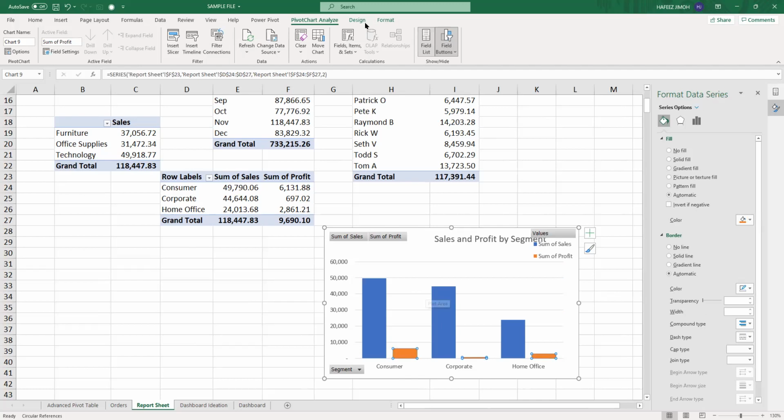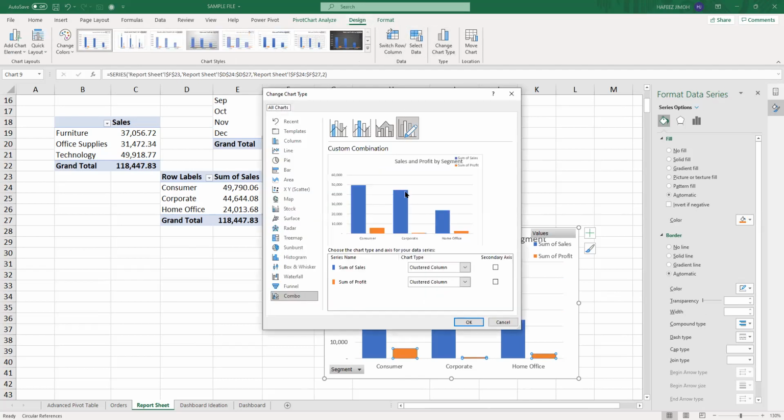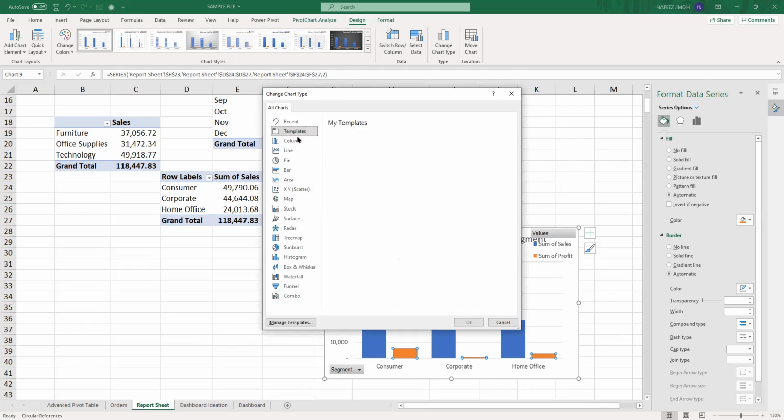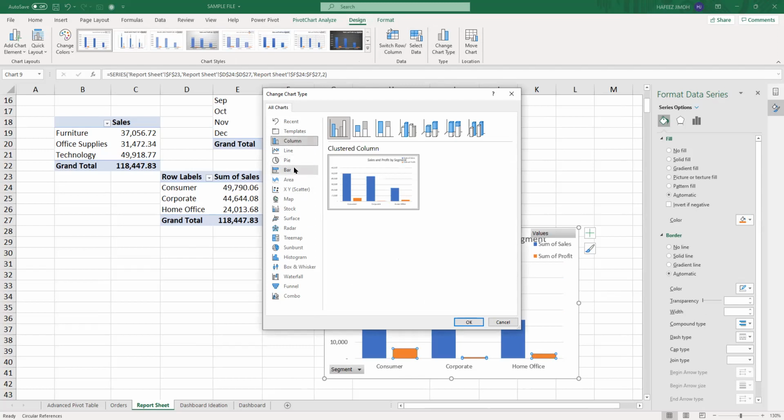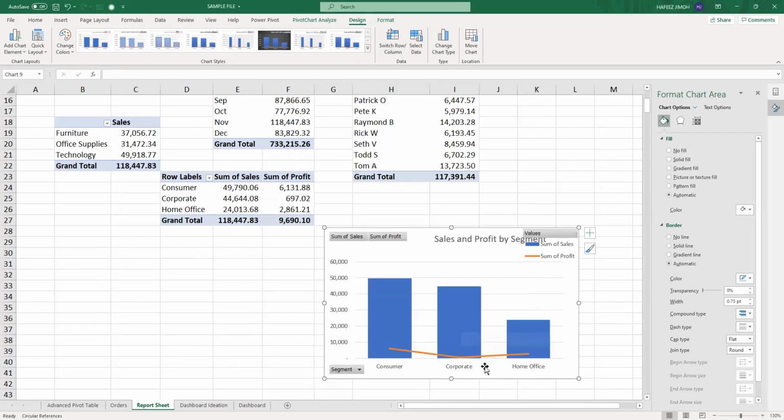And you can decide to come to design, change chart type. There is also another one, stacked column charts. Where is it? But I don't like it. It's not always good. There is a principle behind it. I don't think there is time to go through that now. So we can use a combo chart. Yeah. So now,